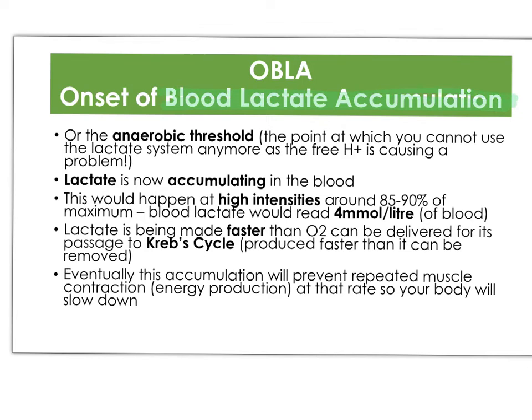Now we talked about this lactate and the hydrogen reducing the pH of the blood, and it's all about this: reducing the pH of the blood, increasing acidity of the blood is a problem. So initially it's picked up by the chemoreceptors that will increase heart rate and breathing rate to help oxygen come in and to help get rid of this excess acid. So we call this onset of lactate accumulation in the blood the anaerobic threshold. So it's the point at which we have to stop relying on the lactate system, and that's around 3 minutes